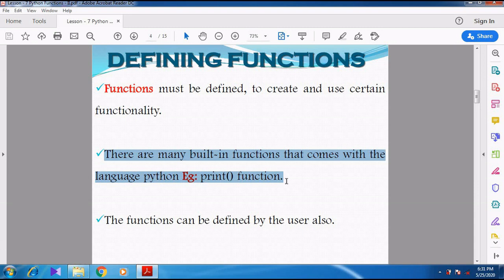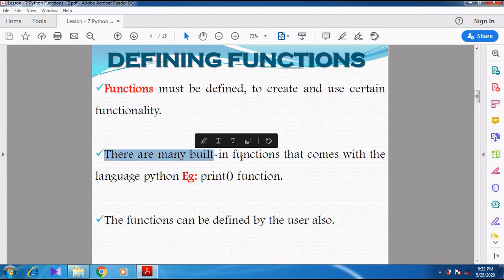So these predefined functions can be used in Python for a specific purpose. For example, the print function is used to display the output on the screen, and the input function is used to get the input from the user. So that is the use of the built-in functions. Already it is predefined.